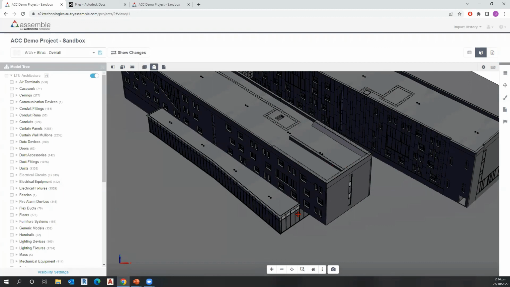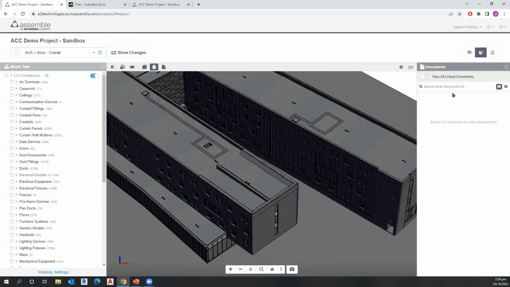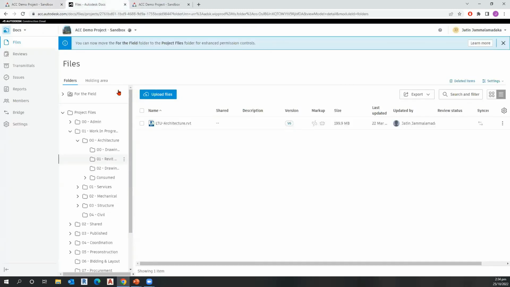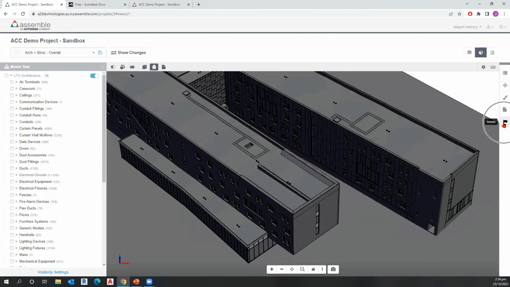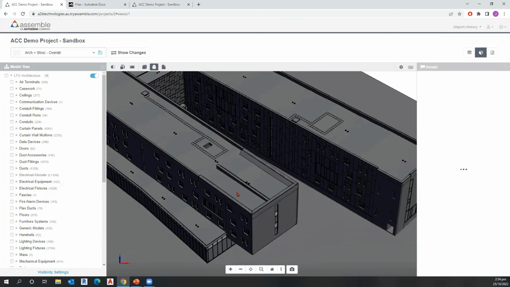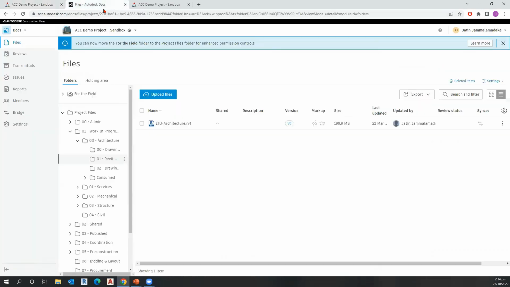There are other things that you can do as well that connect back to your design team if you want to. So things like being able to link documents, so you can actually go to your ACC environment and link documents back in here. You can also create issues. So if I find that there's a particular issue that needs to be addressed by the design team, like I've got the structural issue here, when I create this issue by clicking on this little plus icon, it will sync and it will pop up in the common data environment under the issues tab over here,